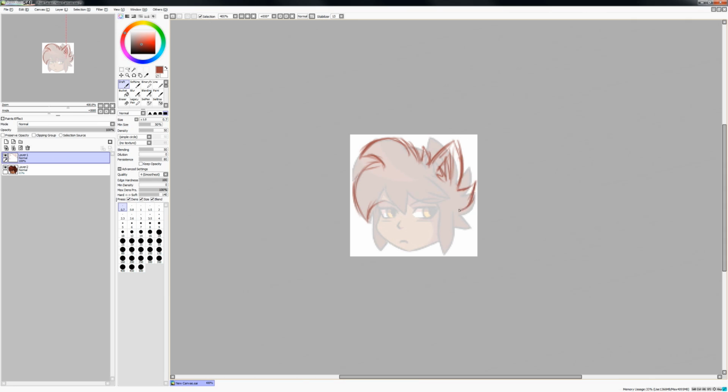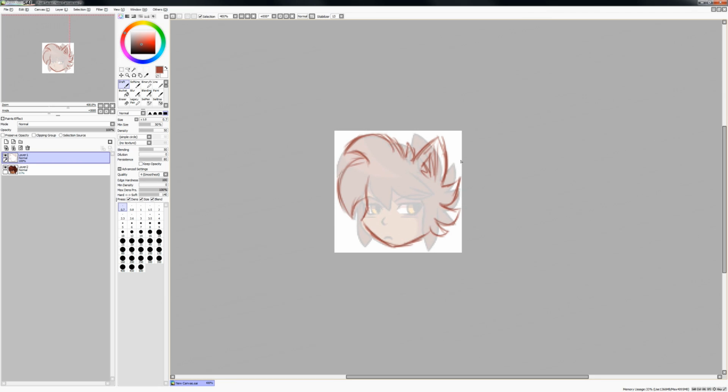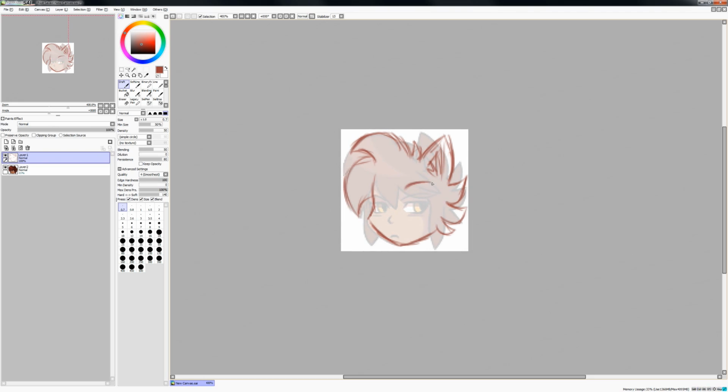And it's good to do that because you don't want to start trying to work natively whenever you don't even have an idea yet. You're just going to end up creating problems for yourself. And I think I want to try to exaggerate her a little bit more like this. And in this case, I think I've decided for myself that I didn't want to focus too much on her eyes. I could have them kind of closed, like she's screaming or something like that. But I could also just have her look very upset.